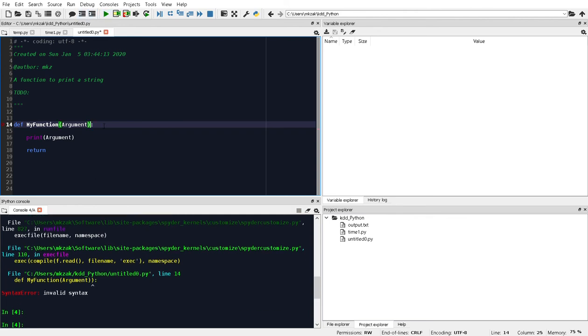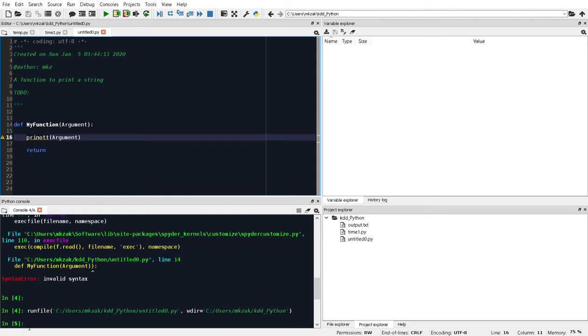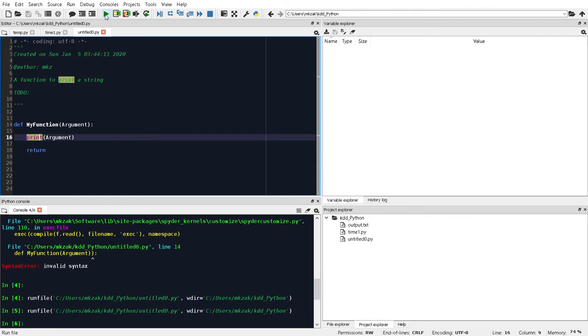Sometimes you're not that lucky. What if you put, instead of print, there's just a pre-not? There's no such thing in Python like that. But when you hit run, it runs. But when is this going to bite you? When you actually try the function. So let me remove this and fix it in the beginning. So this is running fine, and let's just test if it runs when I call my function